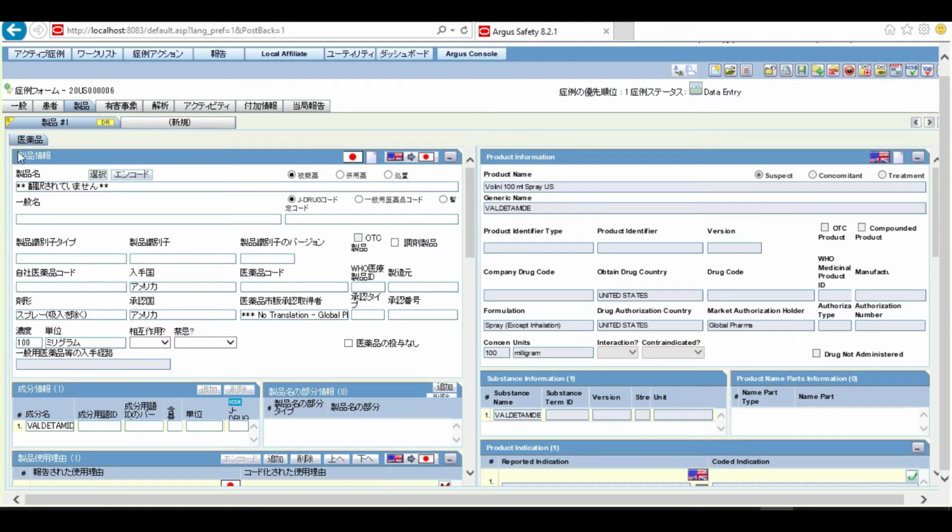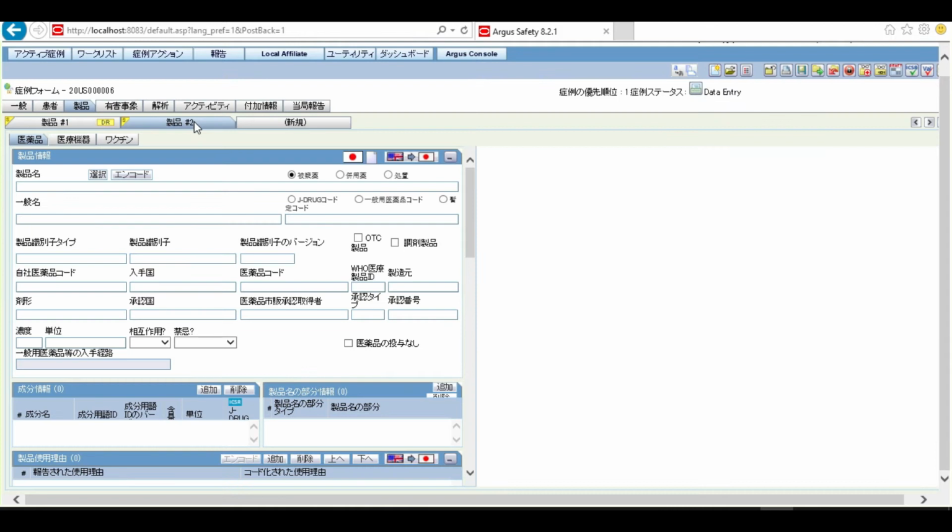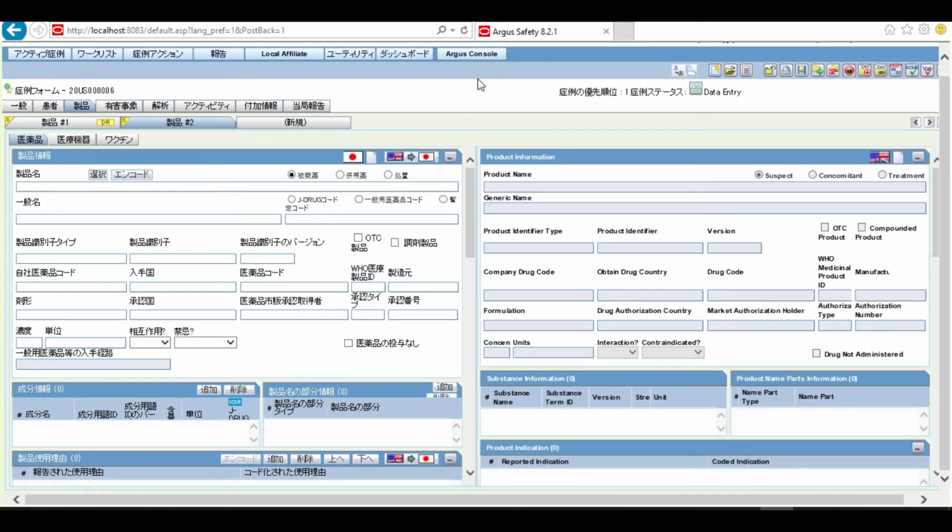So on the first product we already have Volini as a product name. Now let's enter a new product. Now I am going to enter the product from the JDrug dictionary.